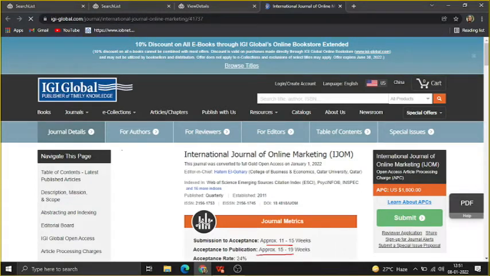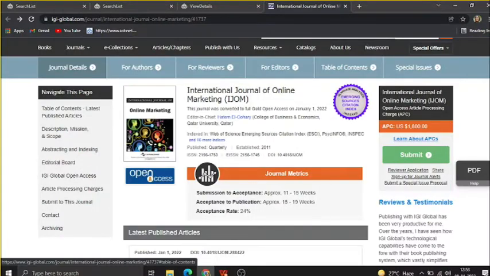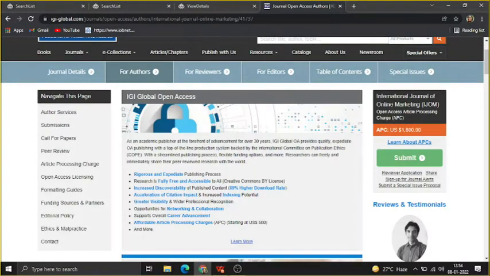We can also see that it is indexed in Web of Science and it is a quarterly journal, and there are various other details given regarding the journal. So we can go into the detail of it.